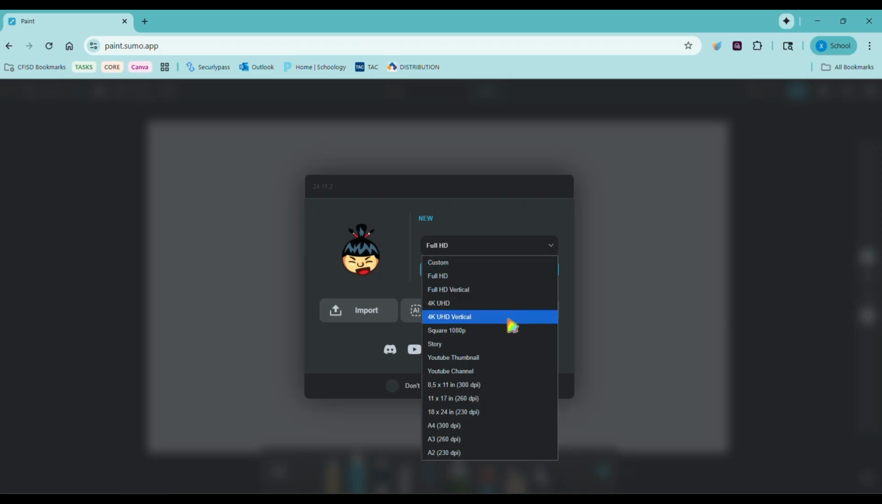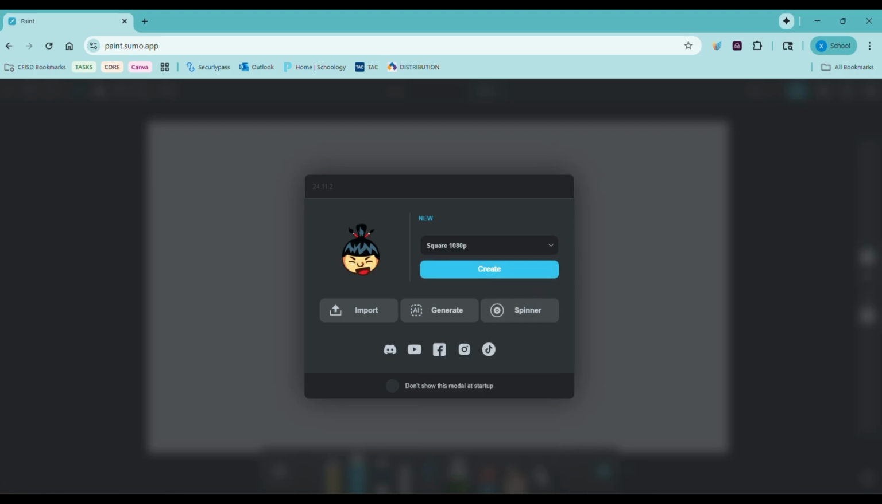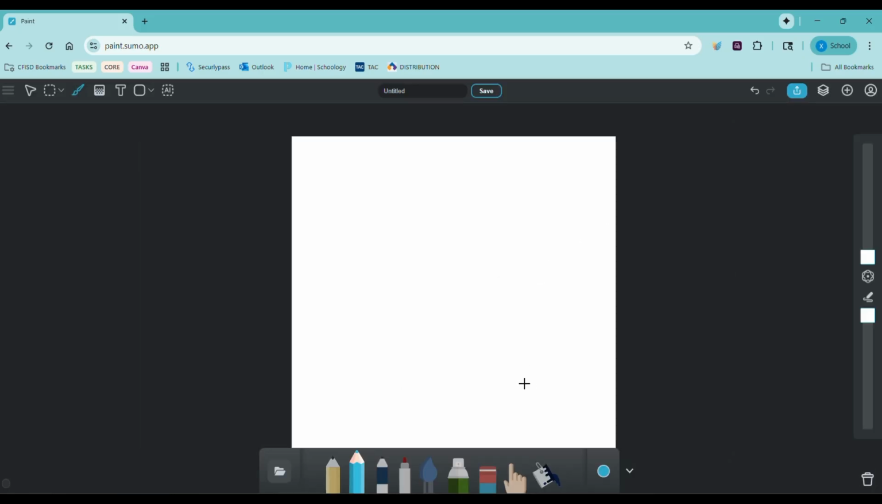For this assignment, I want you to change from where it says full HD, which is a computer display size. I want you to change to square. We're gonna make a little square piece of artwork. So now that we have square,